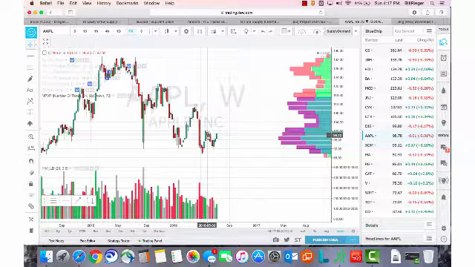So as we go into this deeper, this really just gives us areas to look at that are going to be hard to get past just because of the volume that was represented there at this price. So now I want to dig in deeper